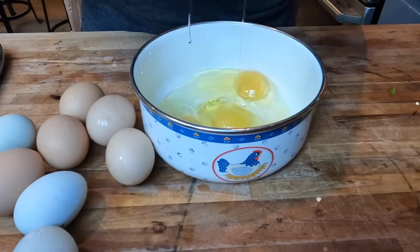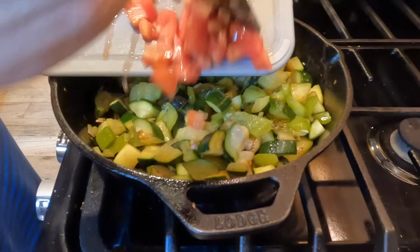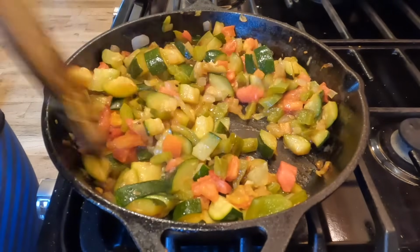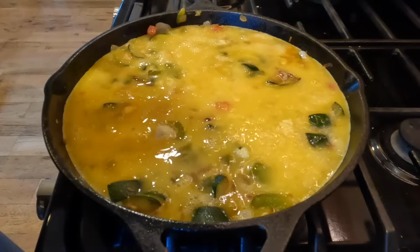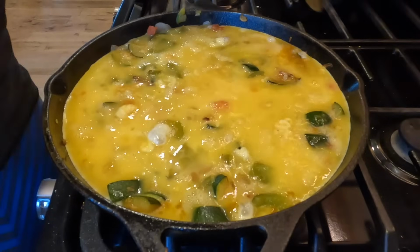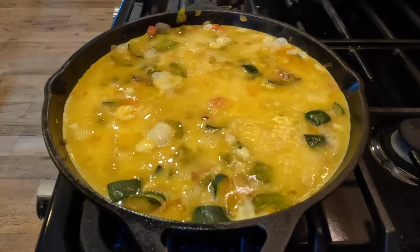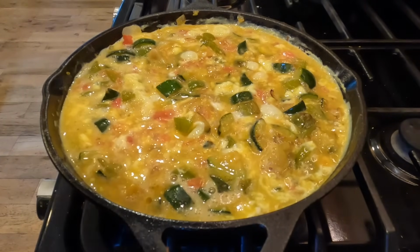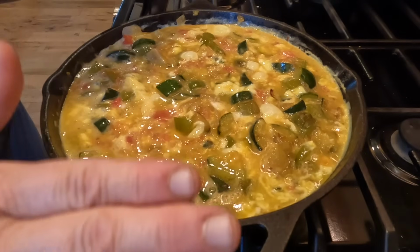While the vegetables are cooking, I'm going to crack 12 eggs. I'm going to add 1 diced tomato. I think this is cooked down enough, so I have my scrambled eggs. I'm going to keep it cooking here on the stovetop, and in a minute or so I'm going to try to release some of the edges and allow the egg to sort of get down in the bottom, sort of like an omelet. I have my oven heating to 350 degrees, and so after this is going to semi-set, I'm